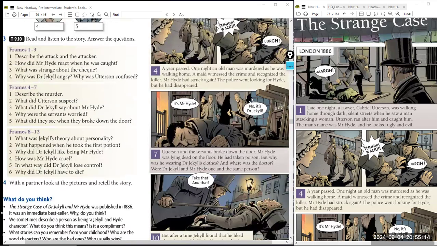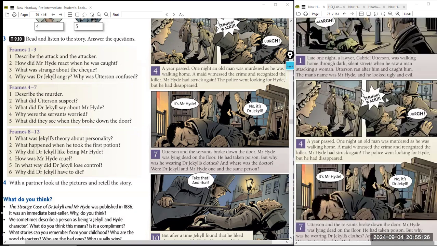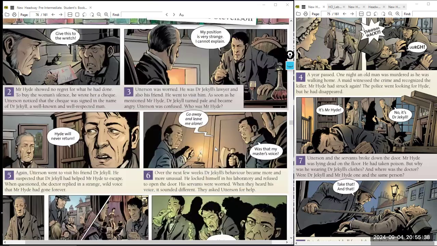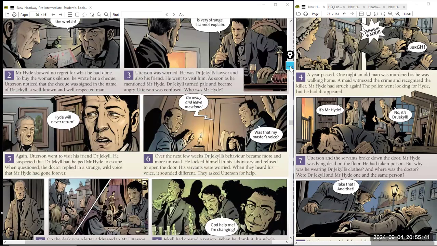Exactly. Now the final question, this is about frames 1, 2, 3. Now let's read frames 4, 5, 6, 7, and let's complete the questions. This is frame number 4. This is frame 7. Now let me show you 5 and 6, just to be able to read and find the answers. This is 5, this is 6, this is 4, and this is 7. And we have to answer the